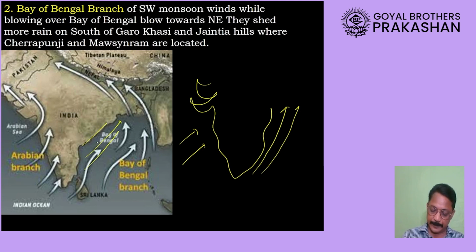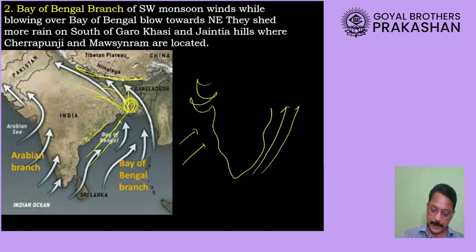Okay. Now please understand one very important thing, that this branch is blowing almost parallel to the eastern coastal area. Now this is running parallel, so this part won't receive rainfall from this. However, when these winds cross this plain area where West Bengal is lying, and when we go further north, here is the presence of Himalaya mountains. So after reaching here, those winds are deflected towards the west side. After reaching the West Bengal region, these winds are deflected towards the left